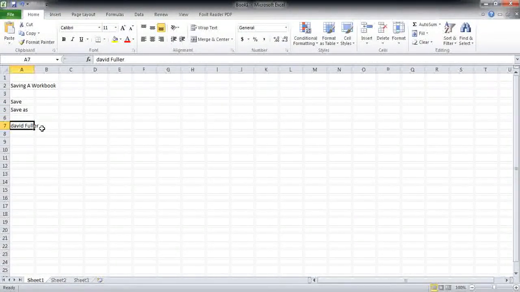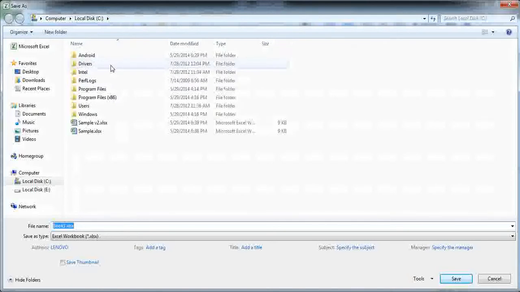Now as discussed in the previous sessions, we go to this floppy drive over here, click on it, and it gives me this dialog box which asks how I want to save this in the location C drive with this given name. So as we did before, I'm going to edit the name of the workbook, and I'm going to use, for example, sample v3. Now this is the name of my workbook.